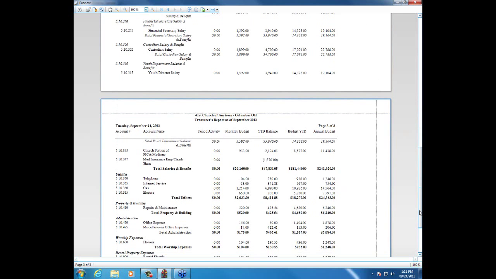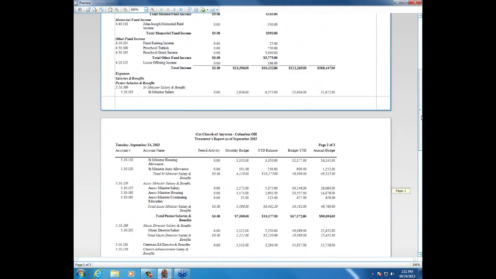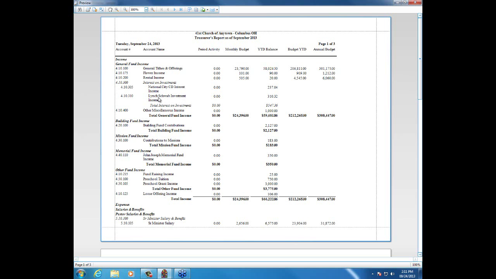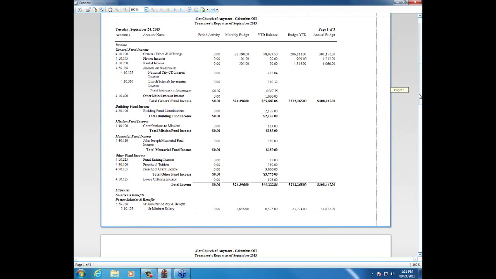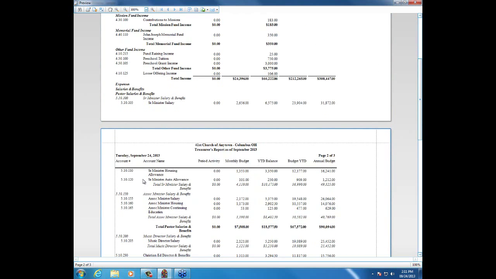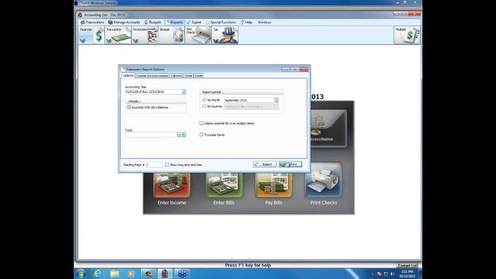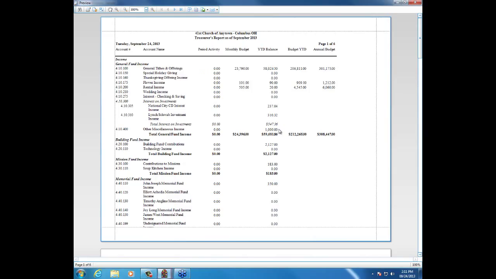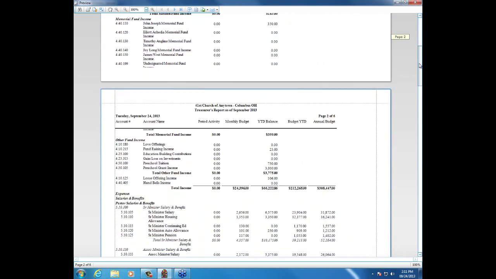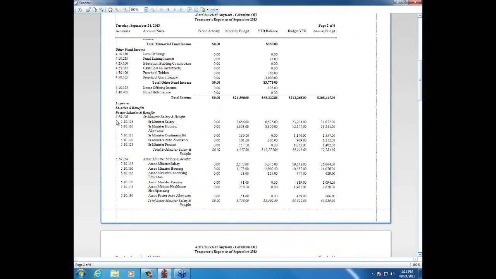So to get back to the conceptual differences between those two, and this is really, really important for us to wrap our minds around, is when we set up these accounts, like we have our senior pastor's salary and benefits here, these three. There might even be 4. I may have omitted accounts with 0 balances. Oh, I did. Let's add those back in here, and that's going to expand the report a little bit to bring in all of our accounts. There we go. So now here we've got all 5 of the sub-ledger accounts for our senior minister with their